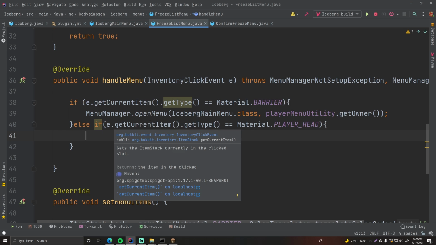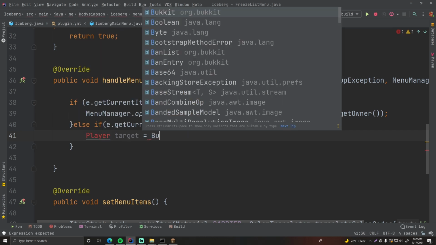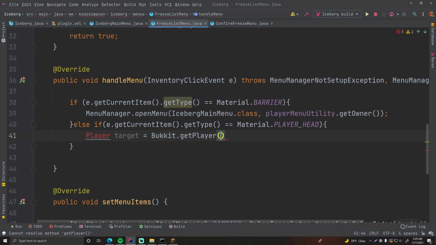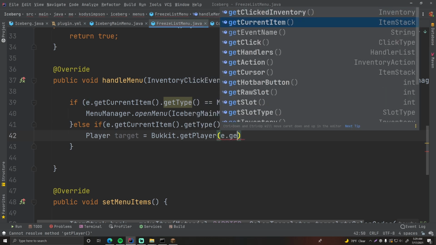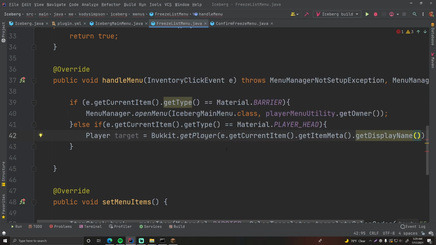We're going to grab the player object from the display name of the item. So when they click the player head, we want to try and obtain a player object. So Player target is equal to Bukkit.getPlayer, and then let's see how we can grab it. So we can do e.getCurrentItem().getItemMeta().getDisplayName(). So this will get the display name of the item. Perfect. And then it'll be passed into getPlayer,